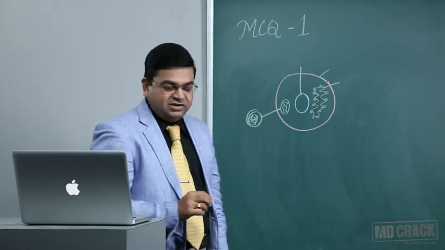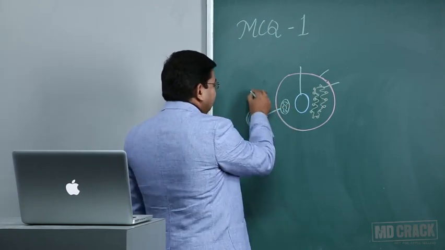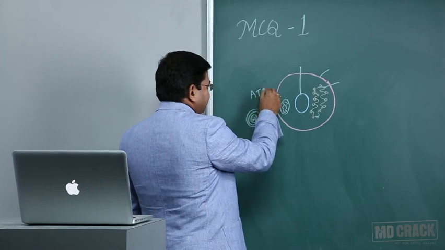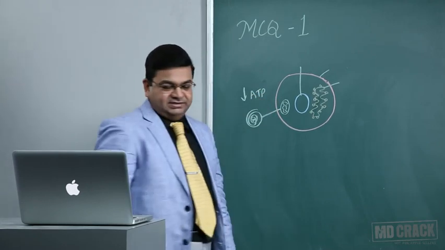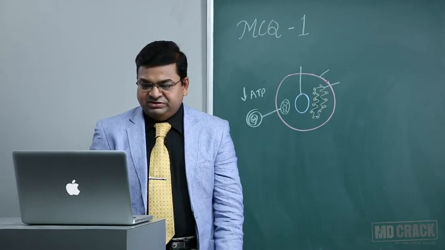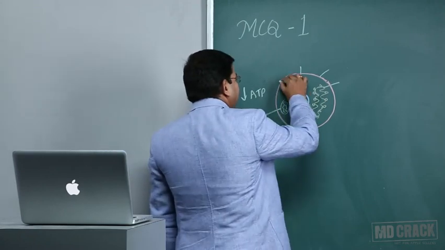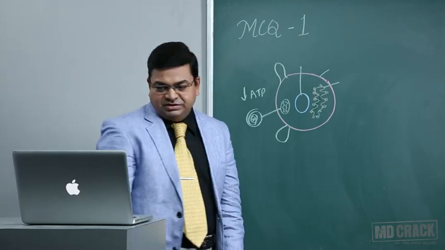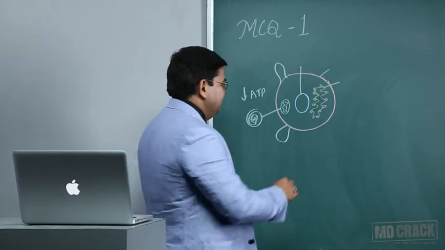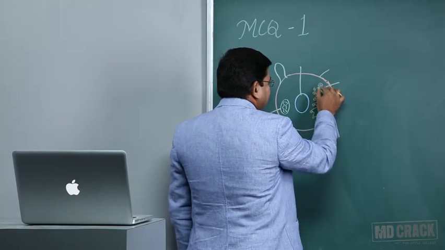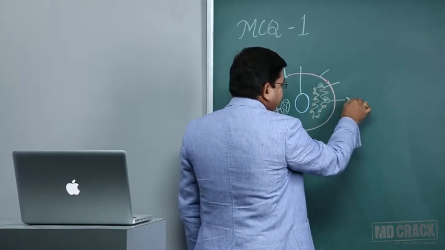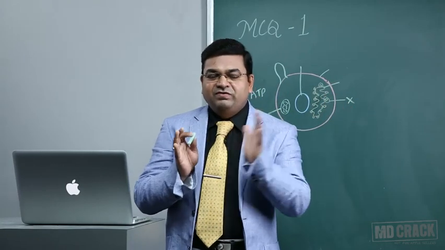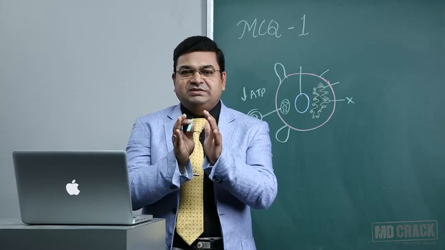Second, diminished generation of ATP. Yes, mitochondria, they show ATP generation decreased. Third, formation of the blebs. So blebs in the plasma membrane. Right? The fourth, detachment of ribosomes. So this is rough endoplasmic reticulum. So these ribosomes get detached. So all of them are seen in the reversible cell injury